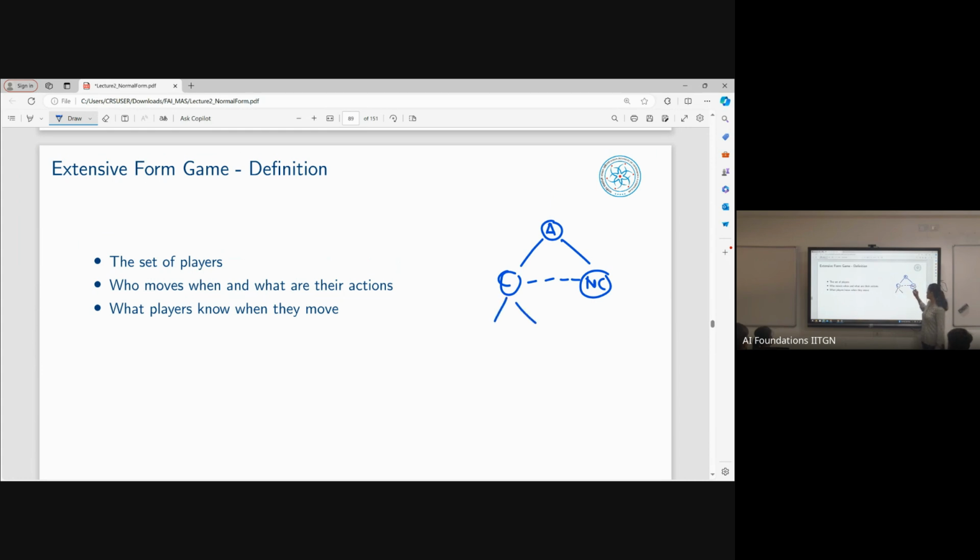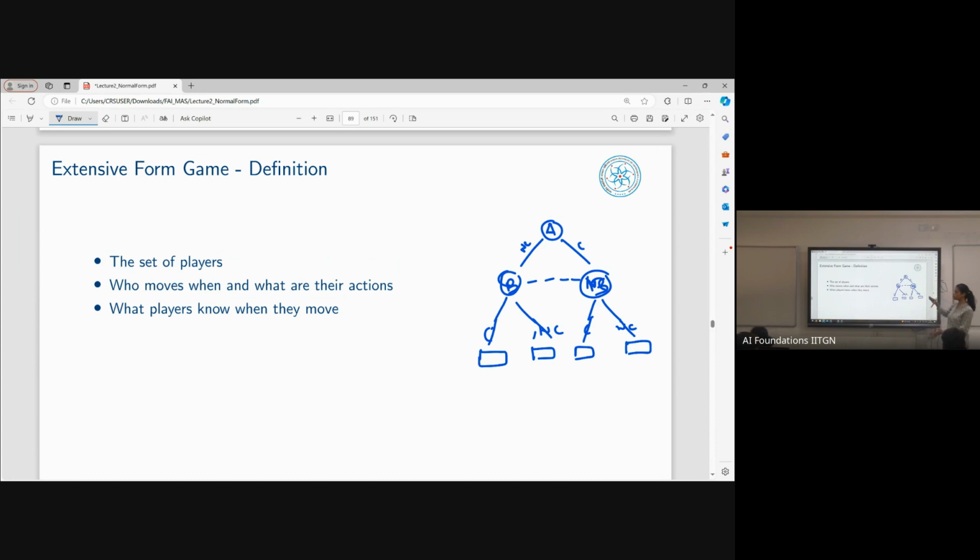Now, irrespective of where the player is, he also has only 2 options, that is either to confess or to plead. Here you will have the utilities corresponding to it. So the idea is, this is B. But B does not know if it is in the non-contest or contest.